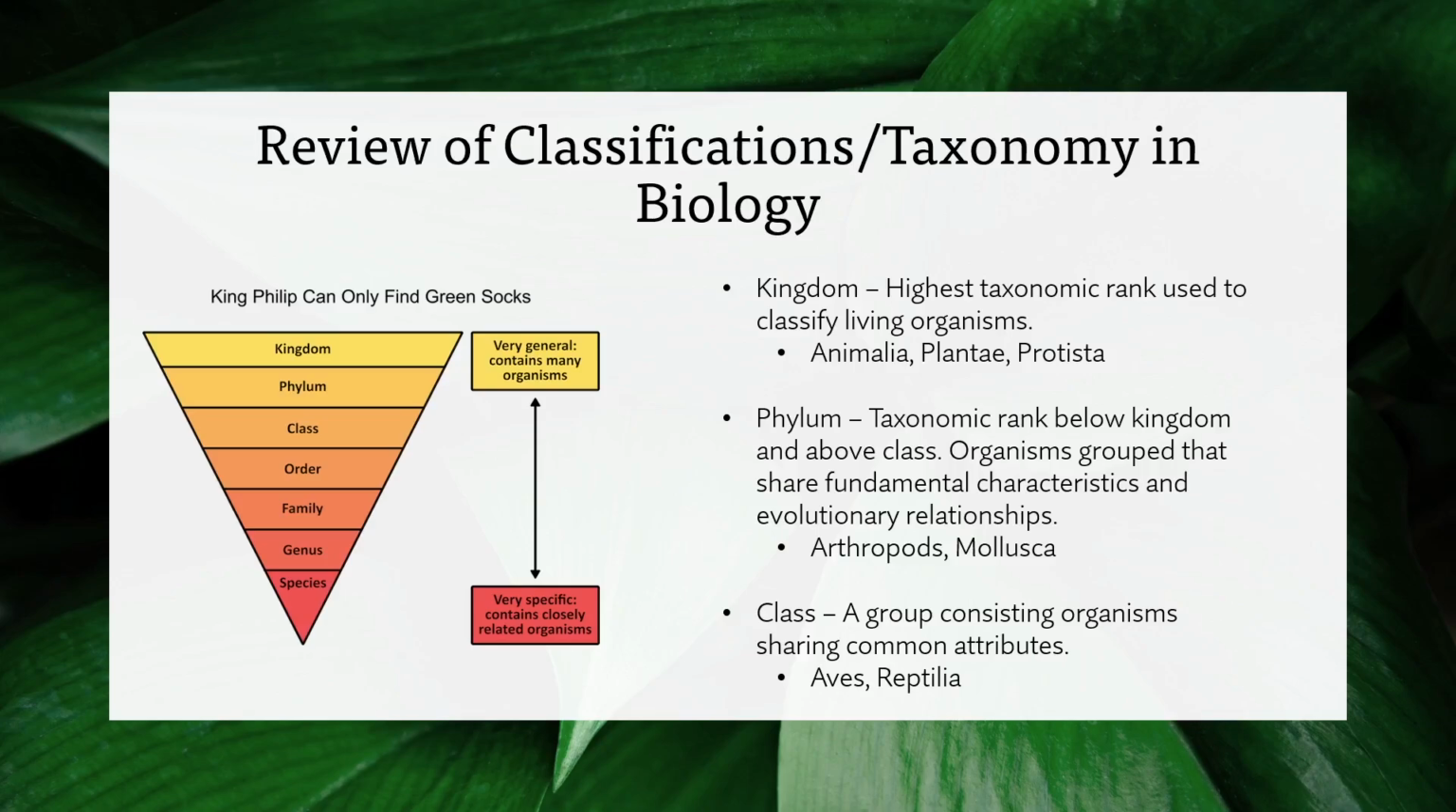Then you jump down a level. Here we are at phylum. It's the rank below kingdom, as you know. Organisms that are grouped together based on fundamental characteristics that they share and evolutionary relationships. So our two examples that are given to us are arthropods and mollusca. And you're probably wondering, okay, Mr. Stray, what in the world are these two things? Well, arthropods